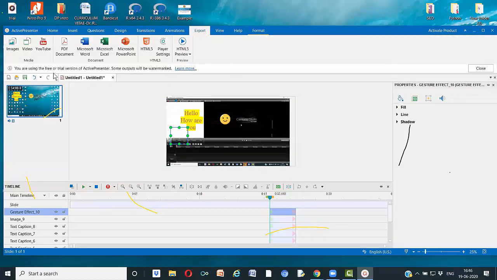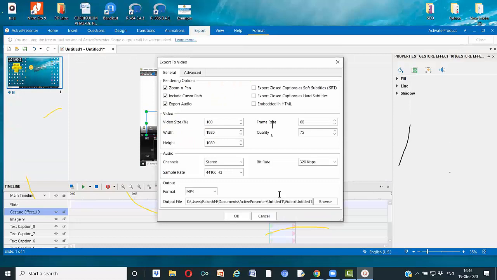Export means you are going to get the output, whether in the form of images or videos or directly to YouTube, in whatever format you need. Let us say I want the output in MP4 format. I can see MKV, WMV, AVI, WebM files; all these file formats I can produce.